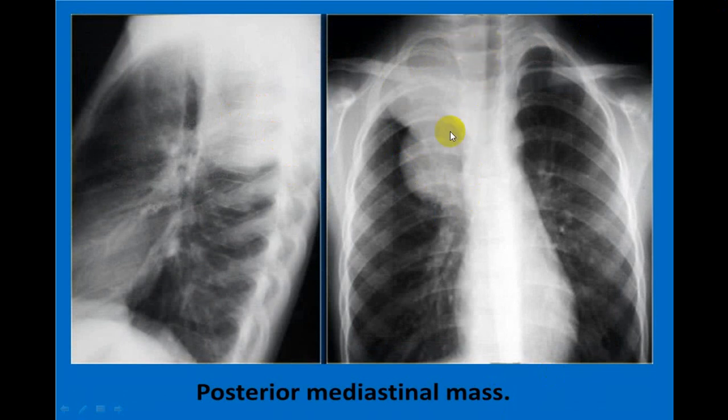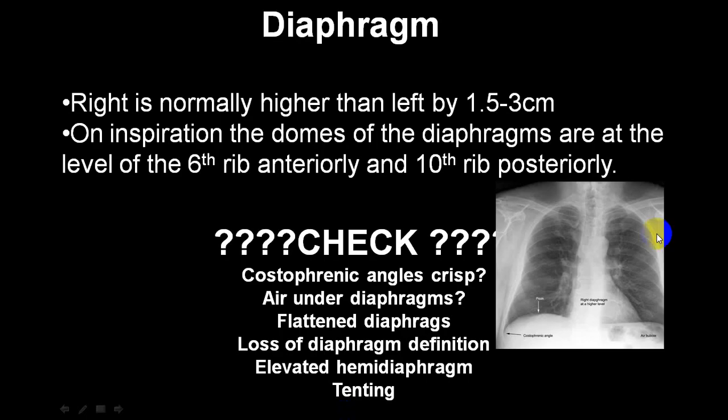This is mediastinum. Superior mediastinum does not extend above this clavicle. You can see here, this is a space. So when it is extending up, this is called cervicothoracic sign. And this has to be either a posterior mass or a mass from the neck. As this is very much low, this is more likely to be a mass. And you can see here, this is a mass which is extending right up to here. So this is the posterior mediastinal mass.